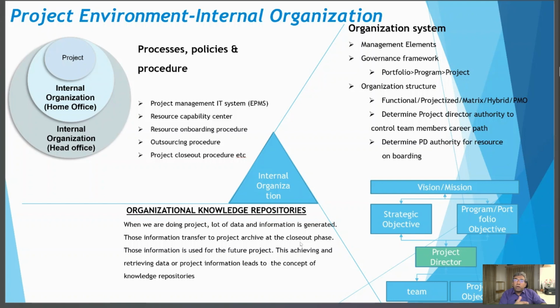then we go on to organization process assets. There are two types of organization process assets. One is process, policies and procedures. The second is organizational knowledge repositories. We'll go through them in a later section. The third topic is organization systems, which come from your internal organization. We'll go through that as well: how the organization creates its framework to understand project performance, how management influences project performance, and how organization structure can influence your project as well. Okay,